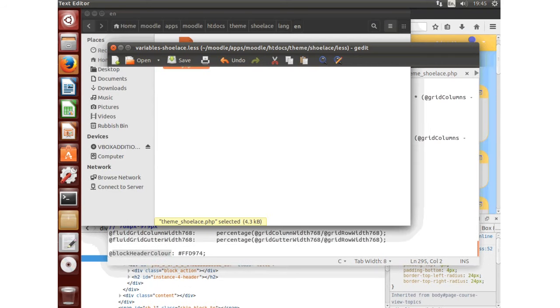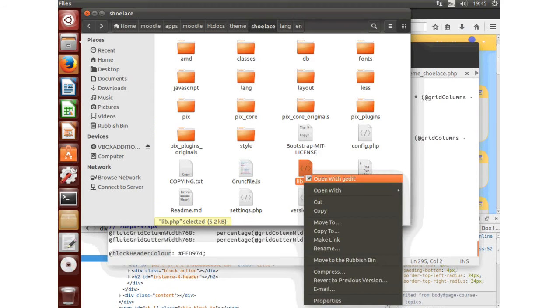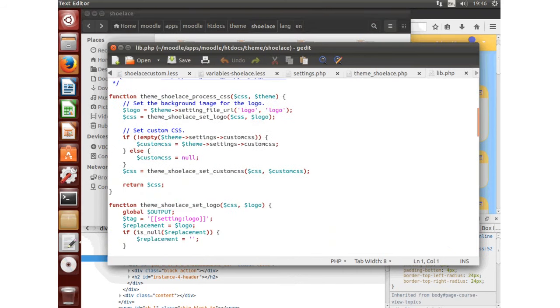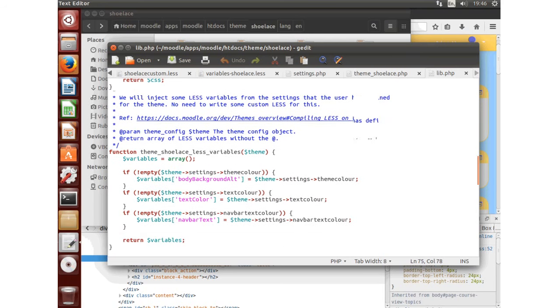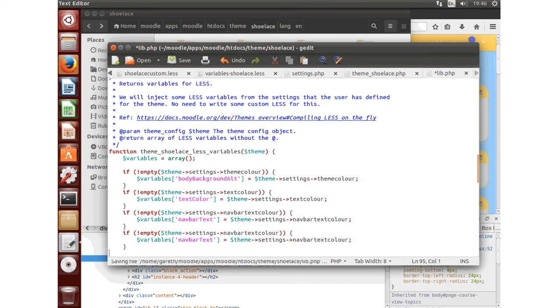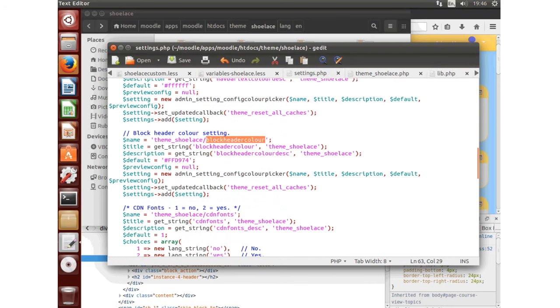Now, luckily, because Shoelace is the same thing, more theme, we can do something really clever in there. In its lib.php there is a special function there, and there you are. That tells you all about all of this here and how to do it. And some programs there, so we're just going to copy that code. That says if that setting does so. Our setting